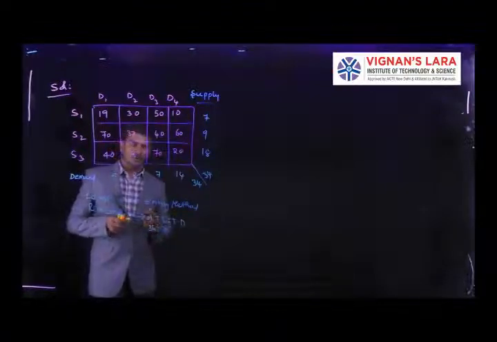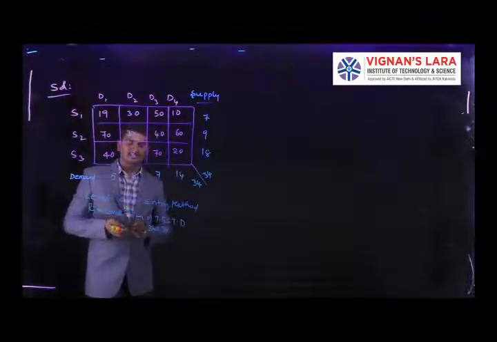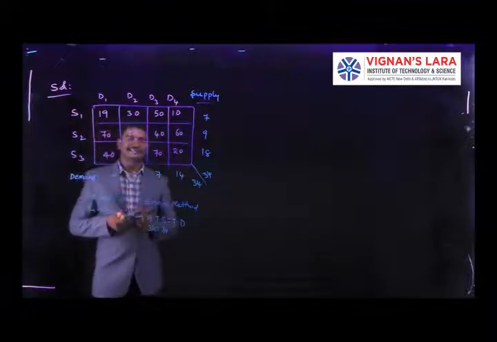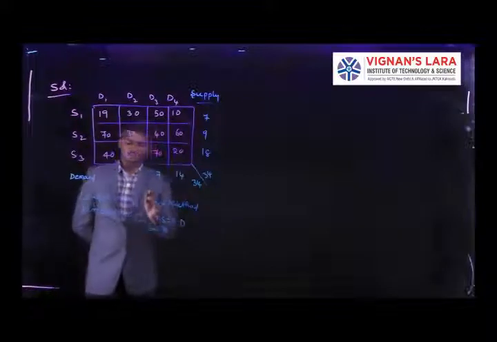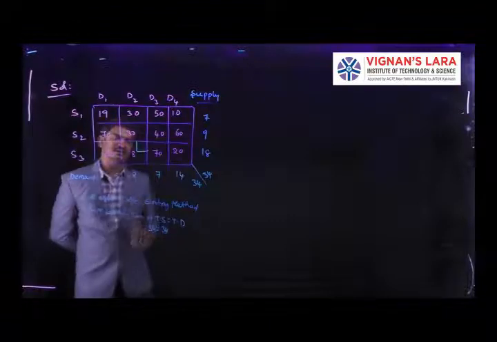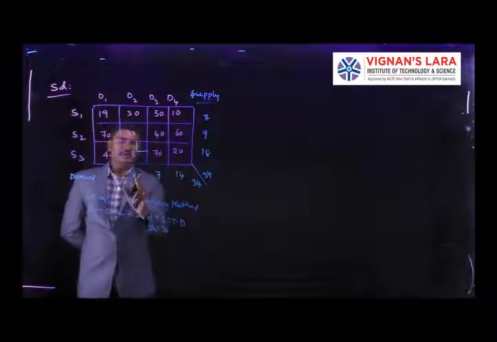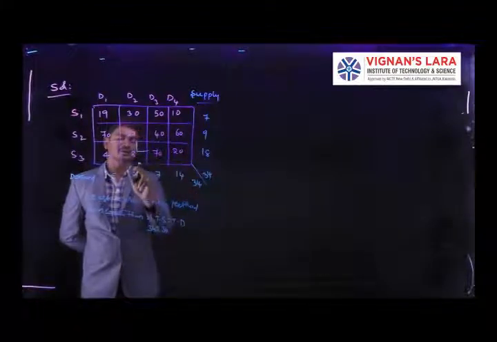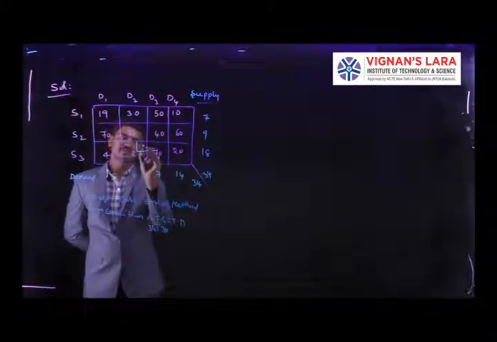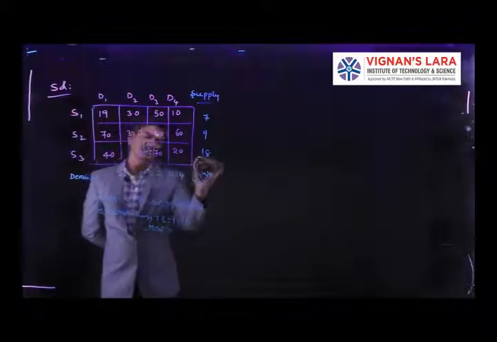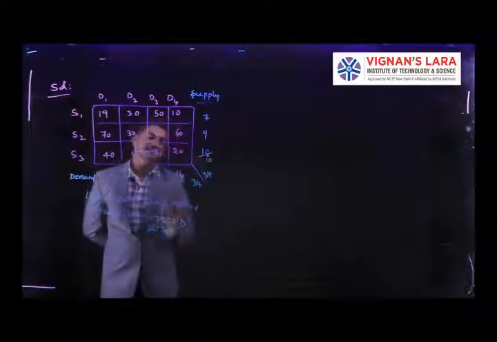Now we are going to identify the least cost. Here, 8 is the least cost in our table. Now we are going to allocate the units. We allocate 8 units. Why? Because the supply is 18 units, but our requirement is only 8 units. That's the reason we take 8 units here. After allocating this, we get 0 demand, and we have a supply of 10.